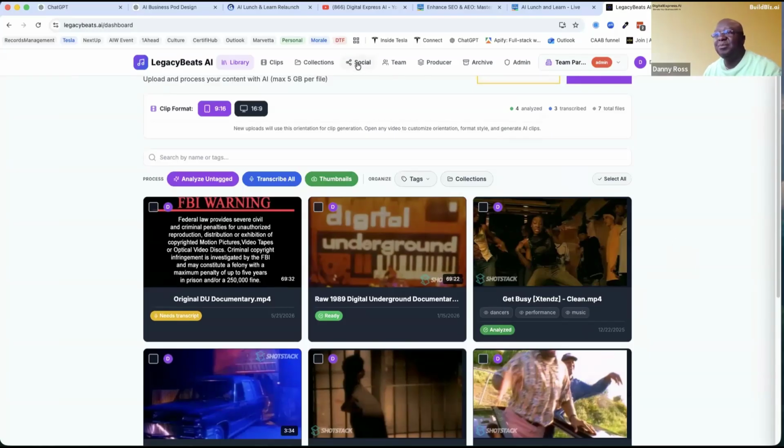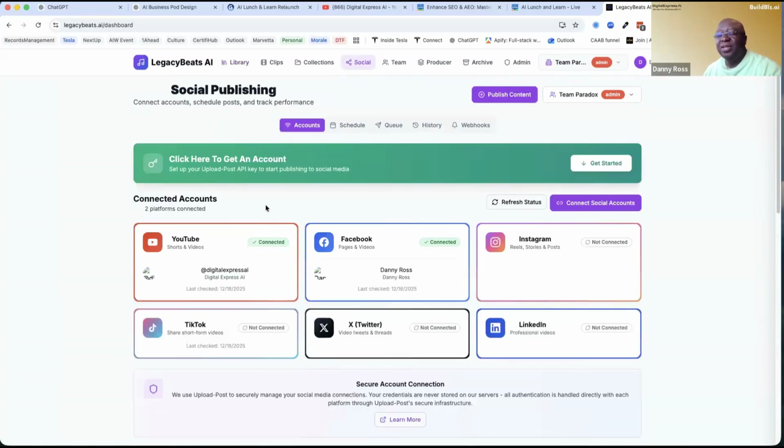So the point is, I brought you here to say you can also have AI automatically post to your social media. I built this app to incorporate APIs that will take the large video, make them into shorts and reels, and then have the AI automatically post those on a schedule.